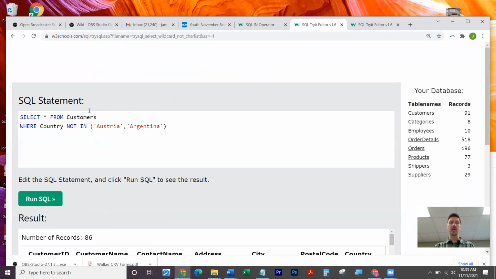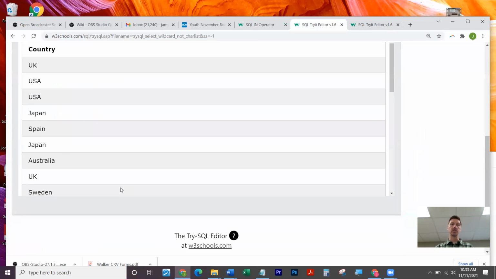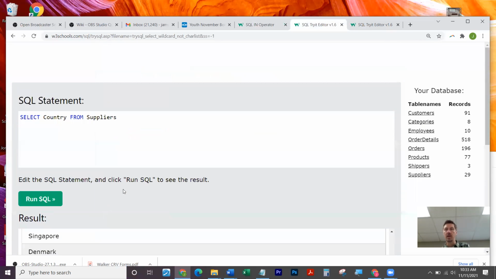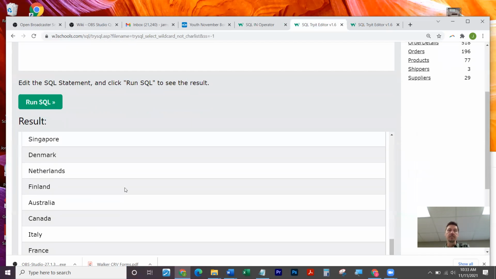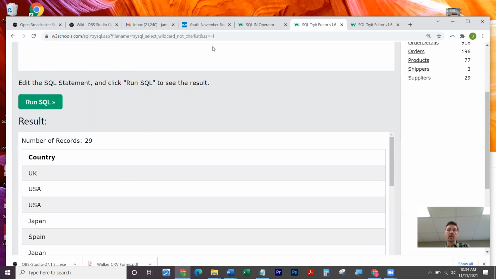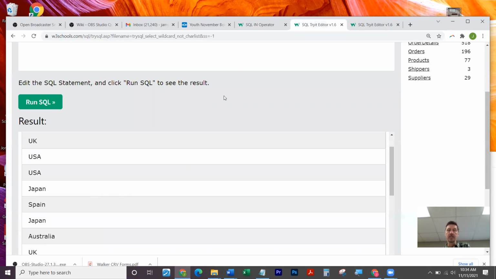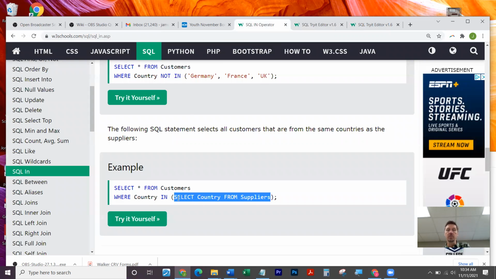In the sense that I could say, select country from suppliers, and that returns all of these countries here. These are the countries that are in my supplier list. But then I say, take those list of values, UK, USA, USA again, Japan, Spain, and use those as my IN list here. So let me take all of this,